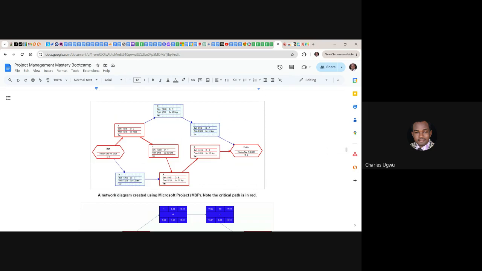But in this B and D and E, they can be delayed in some days while these red colors are running. But that little delay is not going to affect the project negatively. But if anything happened to all these items or these tasks within the critical path area, it is going to affect the project negatively. That's the main reason we're trying to identify these areas and tread with caution while working on